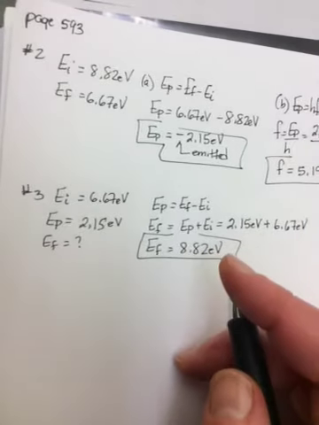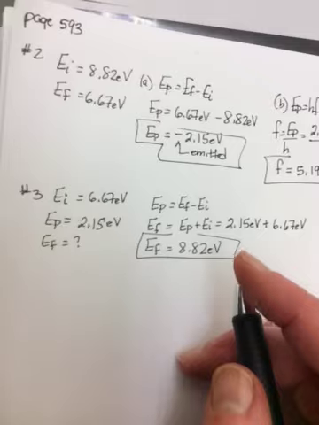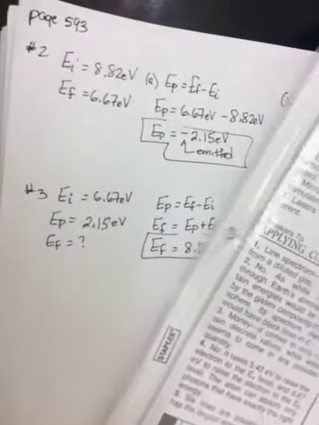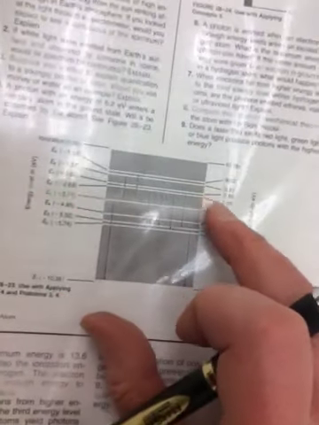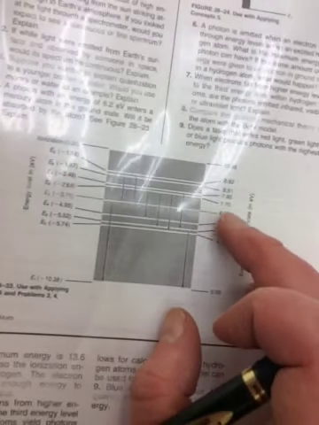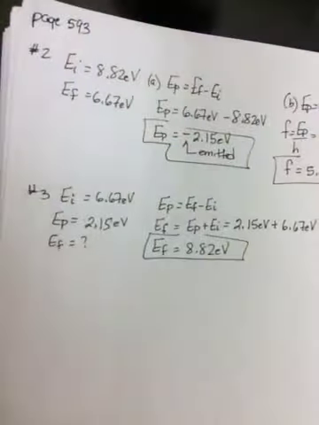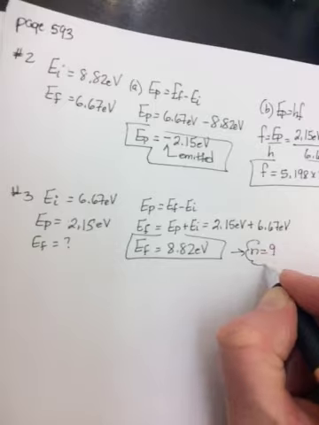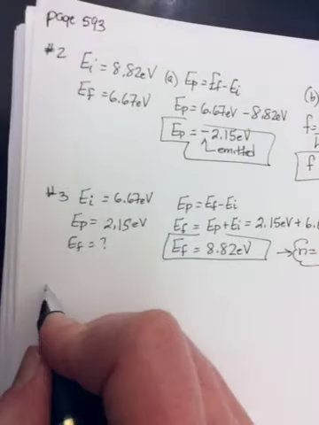Then it wants to know to what energy level the mercury atom was raised. So now you go to the chart. I happen to have a photocopy of that chart. You go to the chart and find which one it is: 1, 2, 3, 4, 5, 6, 7, 8, it's the 9. So it's N equals 9 is the level to which it was raised. Number 4